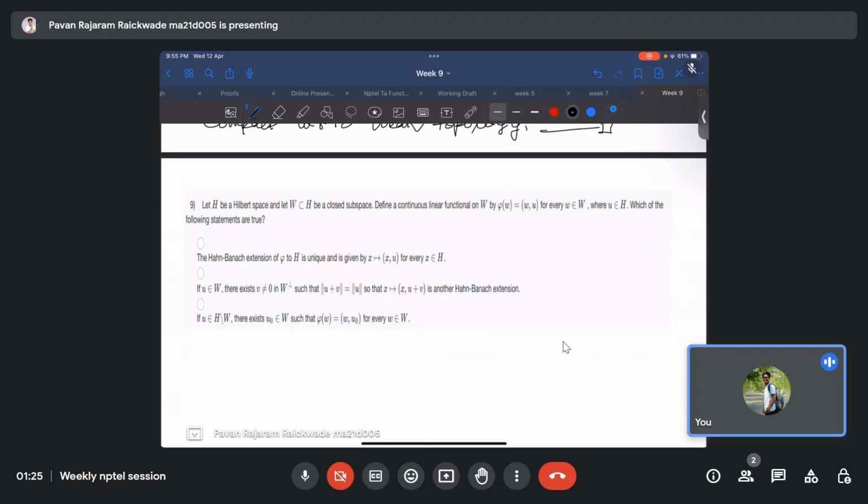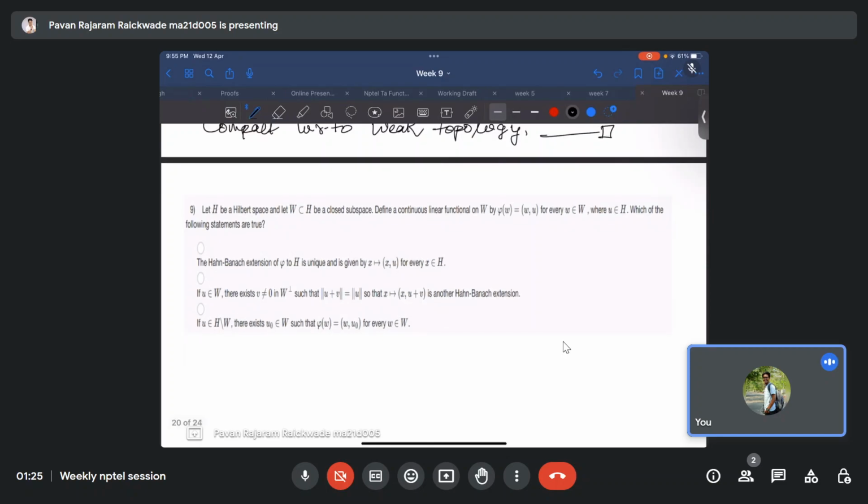Let H be a Hilbert space and let W subset of H be a closed subspace. Define a continuous linear function on W by phi of w equals the inner product of w with u for every w belonging to W. Then the Hahn-Banach extension of phi to H is unique, and it's given by the inner product with u. Okay, the first thing is